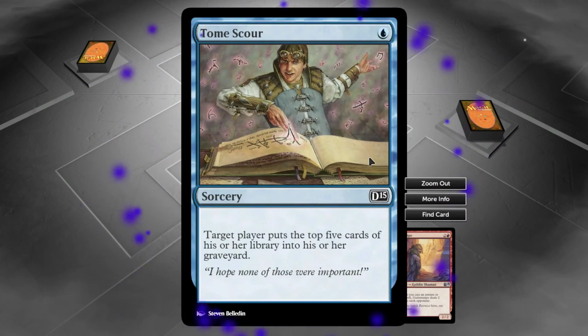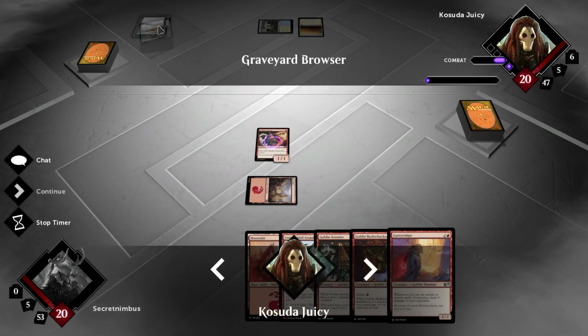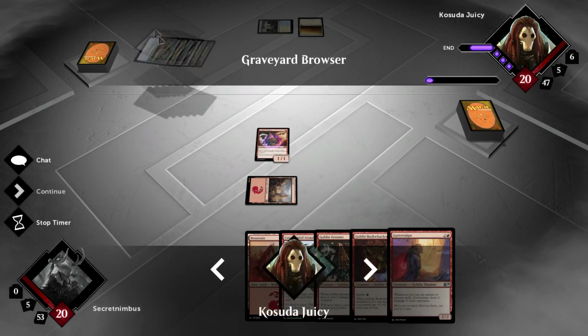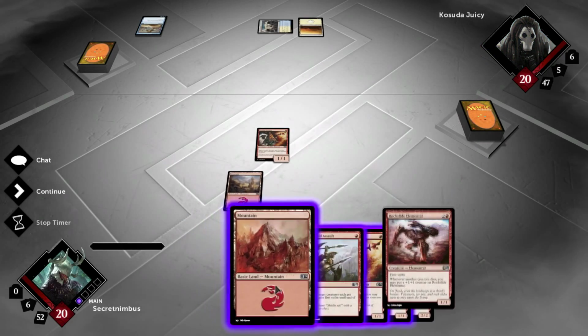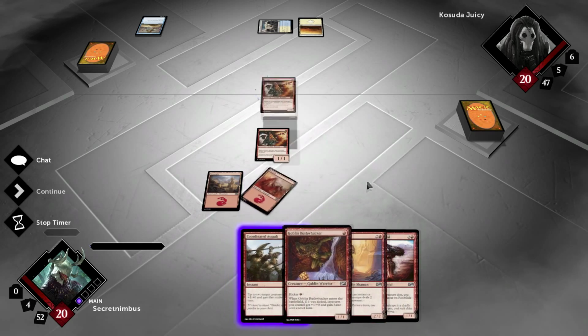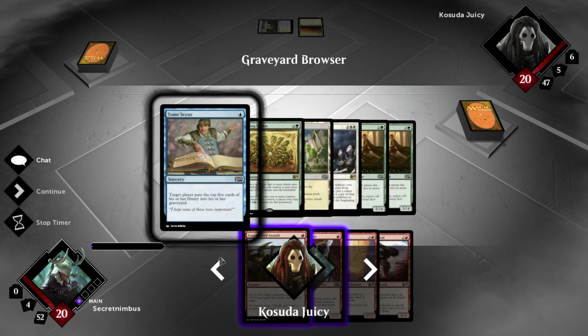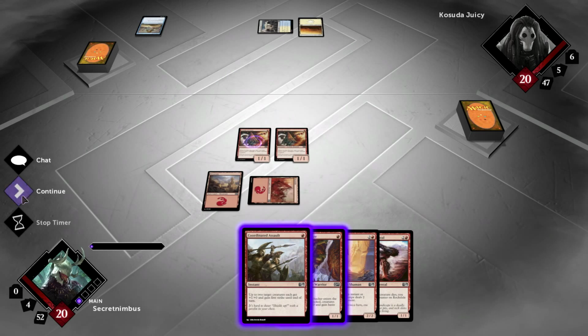So what have we got here then? We've got Tome Scour. Target player puts top 5 cards of his or her library into his or her graveyard. I've seen the term mill deck running around quite a bit, and I'm kind of interested in making one of them at some point. The fact that you can use things like Tome Scour, and then there's also the creature which...